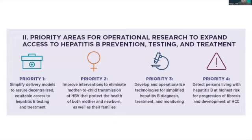Priority 2 is really around improving interventions to eliminate mother-to-child transmission of hepatitis B that protect the health of both mother and newborn. So looking at the family as a unit and not necessarily simply the vertical transmission of hepatitis B. Priority area number 3 was developing and operationalizing technologies for simplified hepatitis B diagnosis, treatment, and monitoring, an area that came up quite strongly in many of the qualitative interviews and focus groups, and one that we'll describe in